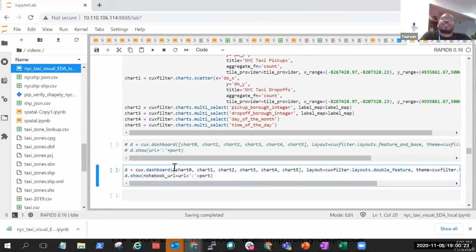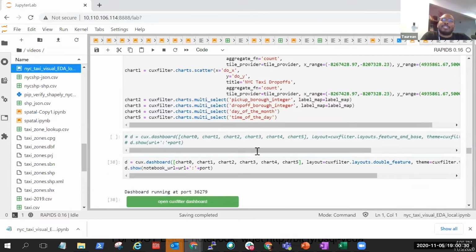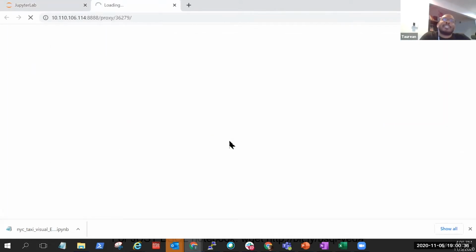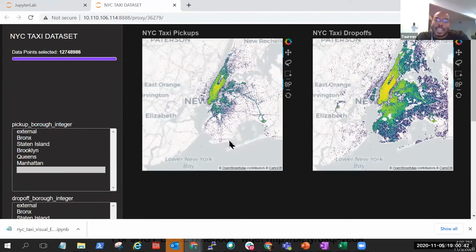So now what we're going to do is run. And it's going to create this dashboard with all the charts that we created above. And you can look at the code, and we created all these different looks. And then I click this button, and I wonder what we get. Now, I'm running this on a VPN. This is not eating the electricity in my house. And each one of you should be able to see something very similar when you run this in your